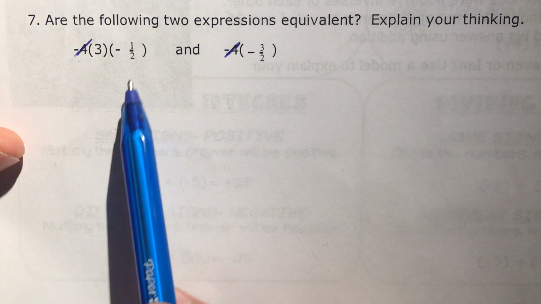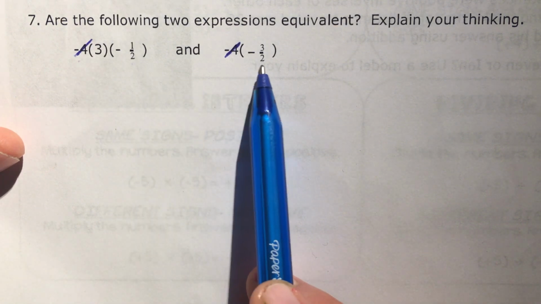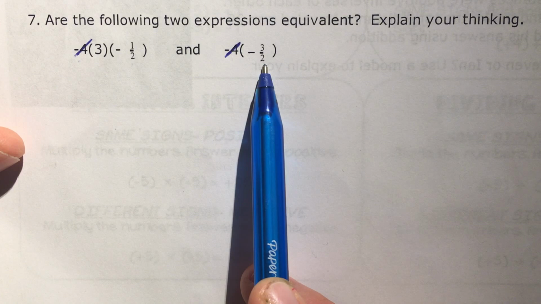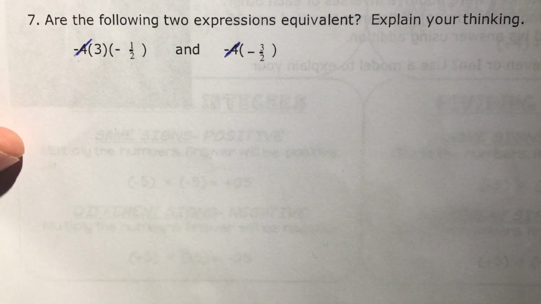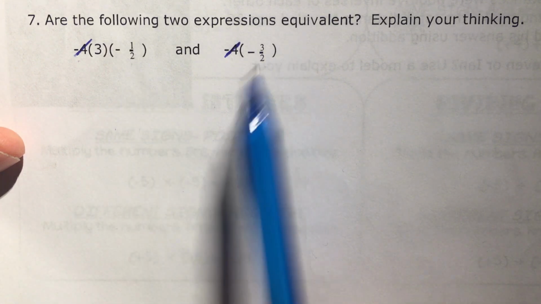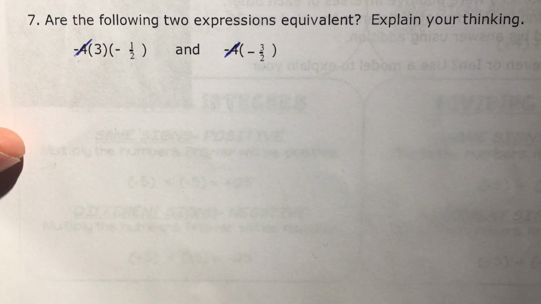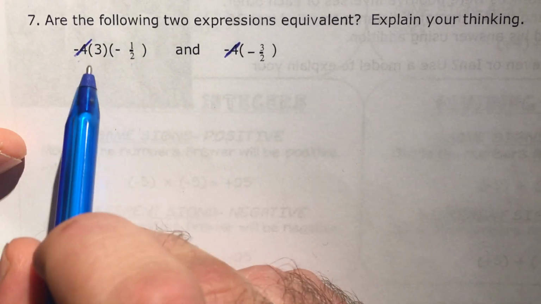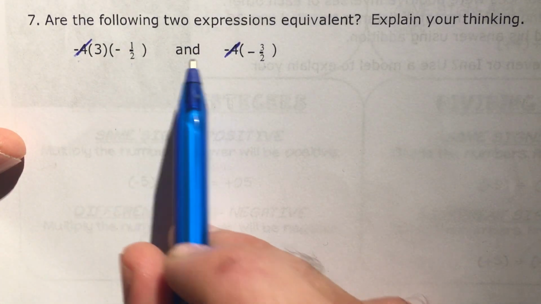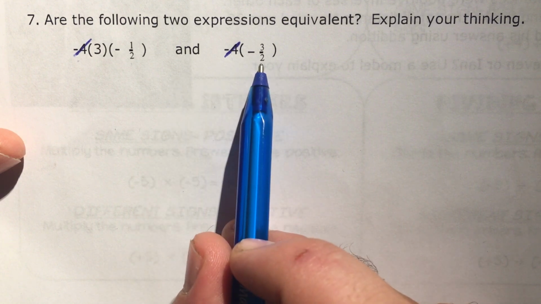Now, some of you might be seeing the 2 in the denominator here and the 2 in the denominator here and thinking we could take out both those 2's as well. Well, in this case, we could not because the 2 is part of a fraction, which is different. 1/2 is different than 3/2. So what we have to figure out is if we simplify 3 times negative 1/2, will we get negative